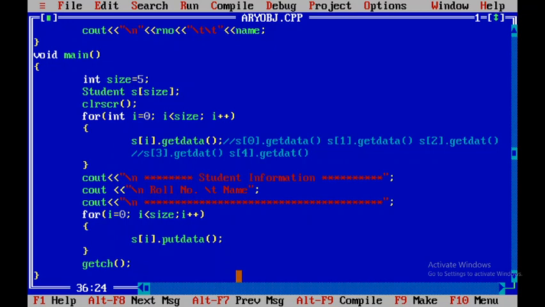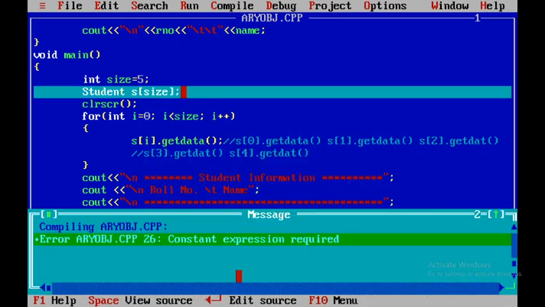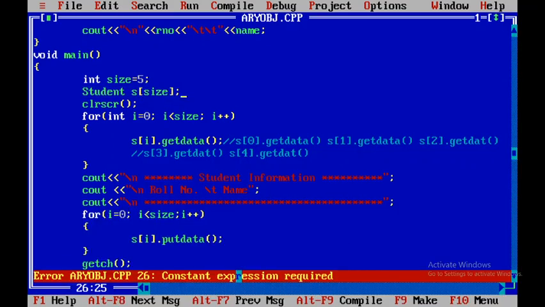We save, we compile. So what is this? Here the array needs a constant. So for that, I have to declare this size as constant.